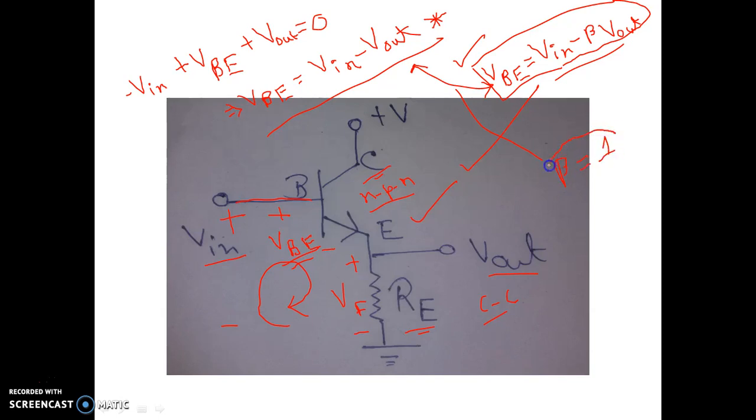Okay, this is a very important concept for the CC amplifier, that for the CC amplifier the gain of the feedback network is 1,